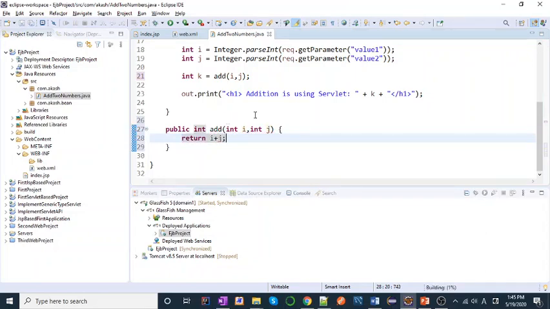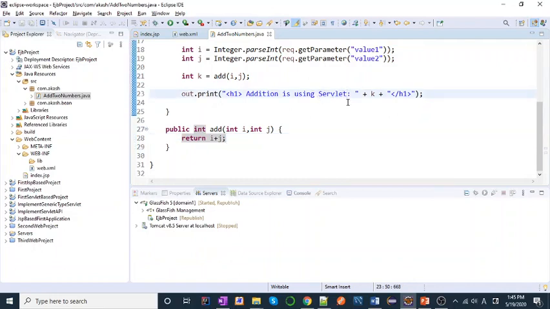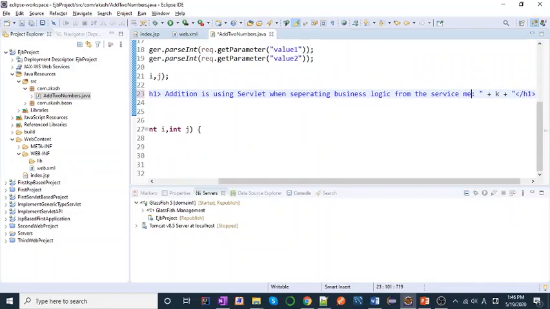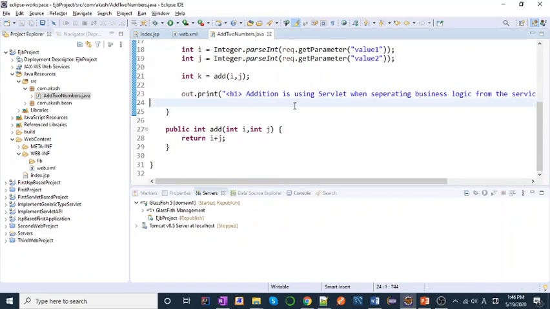But to see the change over the server, let's change the print as well: addition using servlet when separating business logic from the service method. Okay, so it will show you the same output, but before doing so, let's understand that we have created